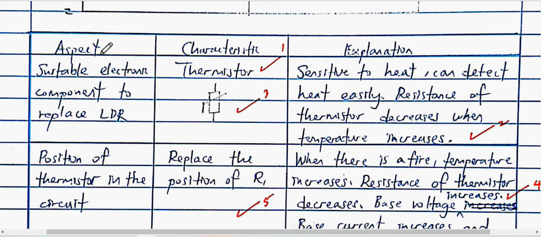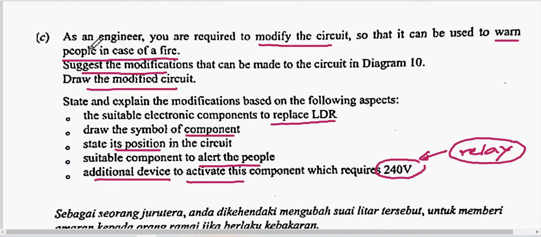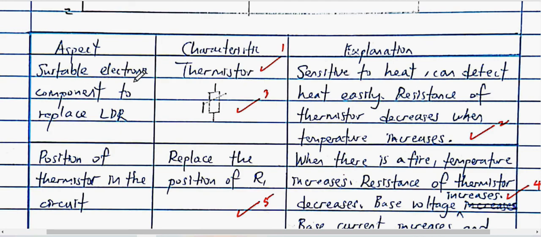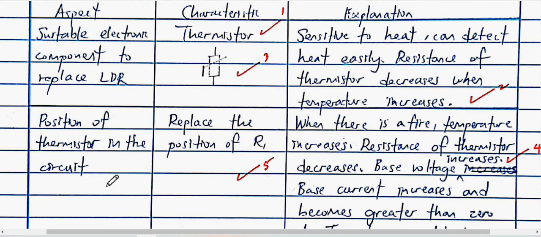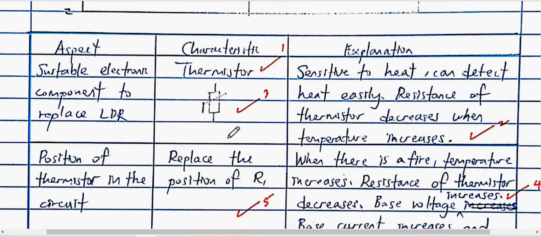Okay, so label it as aspect, characteristic, explanation. So just copy the question here, see? Suitable electronic component to replace LDR. There, suitable electronic component to replace LDR. Okay, then the symbol, then the position of the electronic component in the circuit. Okay, now